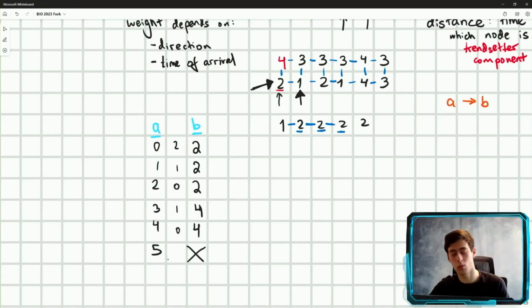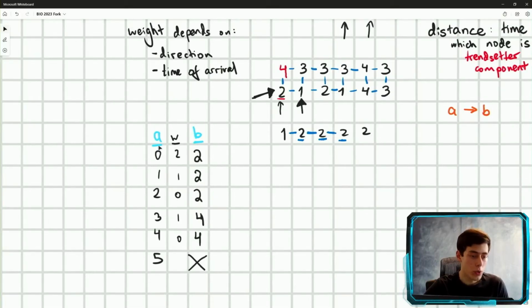essentially in code we can use some really big number because this will never happen, right? It'll never join the component. So this edge has essentially an infinite weight, you could say. So that's the weight. So as we can see, the weight of the edge depends on when we arrive at